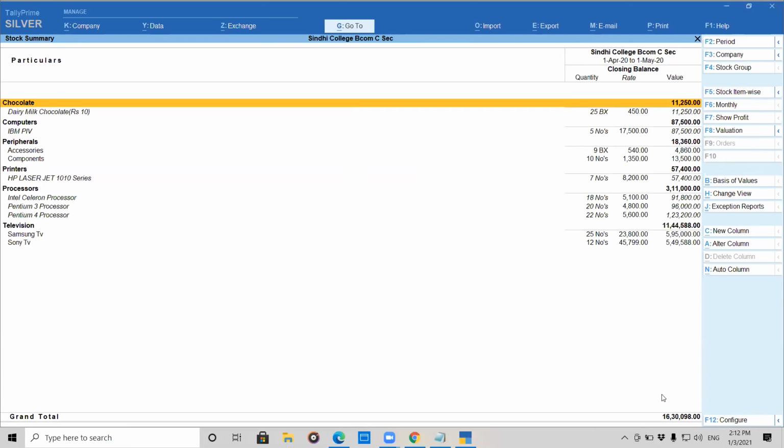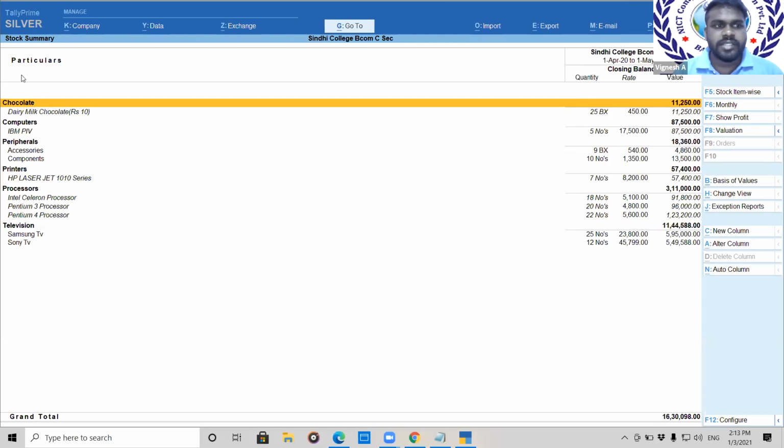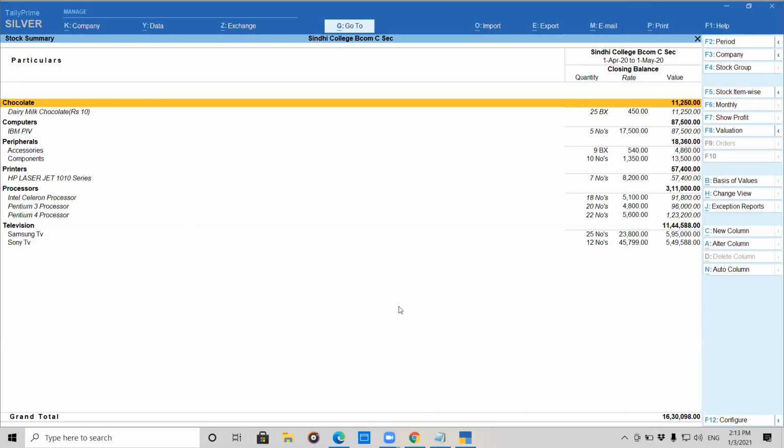That part I understood, sir. But still, I'm a bit confused. In the stock summary, the first assignment was about the monitor, the processors, the keyboard, and the mouse, talking about only inventory. I thought the first assignment was about your five ledgers. The whole thing was shown mixed up in the stock summary, like the first assignment and the second assignment, both were being mixed up.